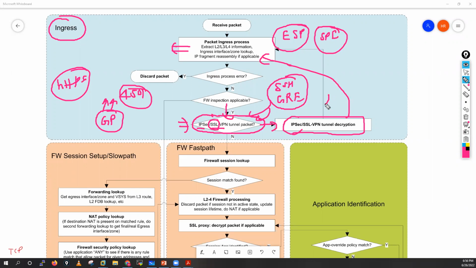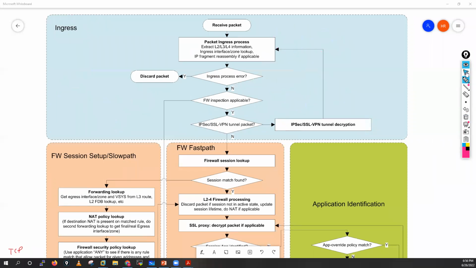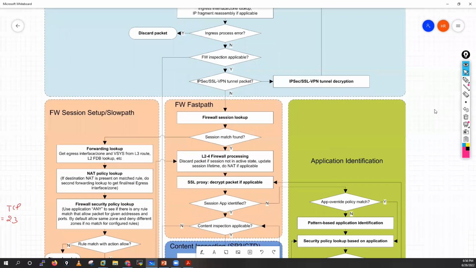So that's how your ingress stage works in your Palo Alto firewall. There is a lot more to discuss here as well, but I'm not going into these details, because here they have introduced one more thing, the DoS block table. In the new PAN-OS, you will see the DoS block table is also checked in the ingress stage only, but I'm just not discussing this part. I'm just telling you now. After that,